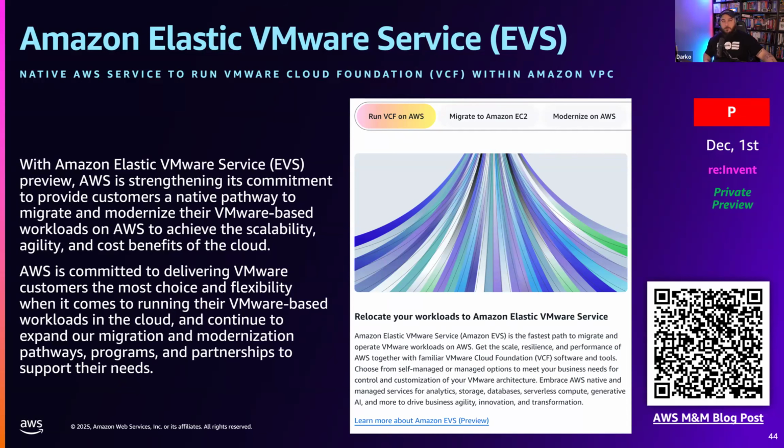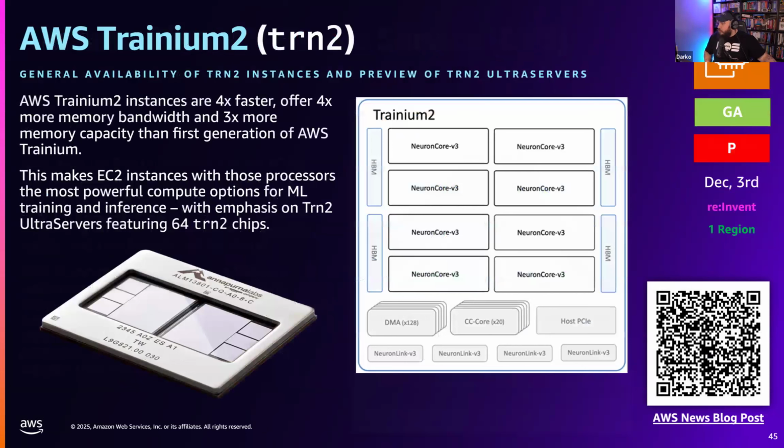Just a fantastic thing. Okay, Trainium 2. Trainium 2 is our chip. As the name says, it's used for machine learning training. It's a dedicated silicon chip that exists within your servers. Actually, I asked the service team, is this a CPU? It's not a CPU. It's like an add-in card or something like that. It's like an additional bespoke piece of silicon that just does